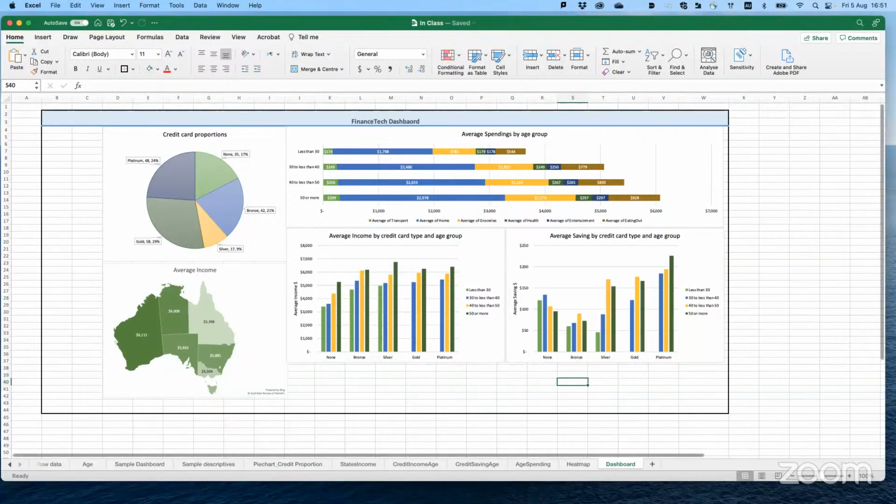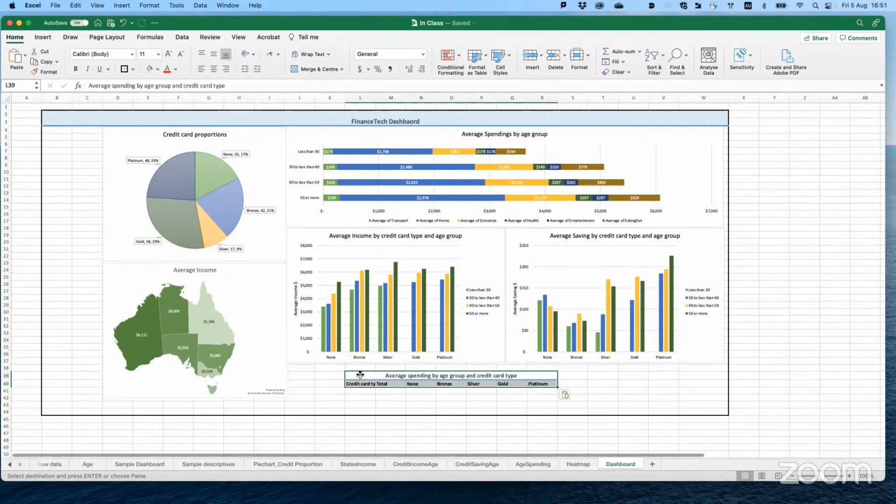And now I want to put my heat map somewhere. First of all, I need to type in all of my headings there. So let me type it here. Please type these values: Average spending by age.